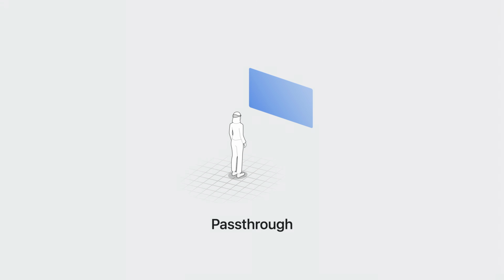Your app can use a full space in different ways. You can use pass-through to ground content in the real world and keep people connected with their surroundings. And when you play spatial audio and render 3D through RealityKit, you will automatically take advantage of the fact that the device will continually update its understanding of the room to blend visuals and sound into people's surroundings, making them feel that these virtual objects really belong in their room.